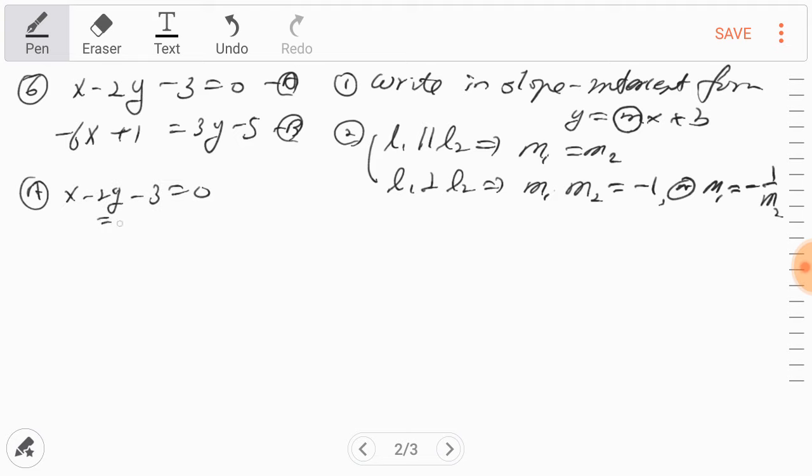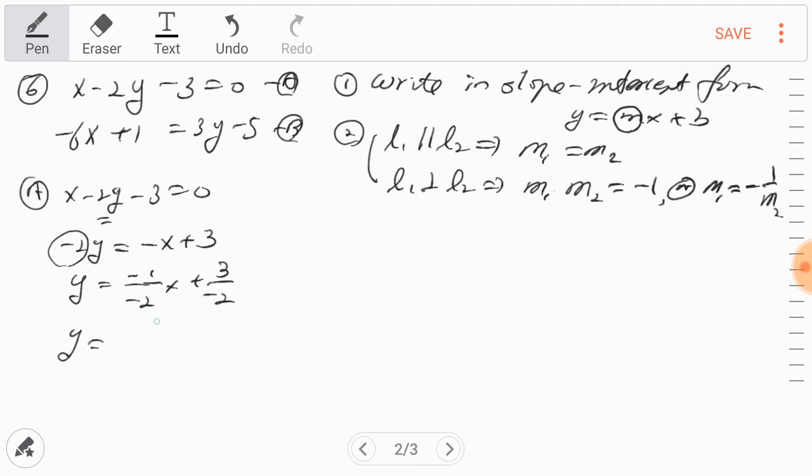Okay, I will leave 2y and move the others to the other side. So negative 2y is equal to negative x plus 3, and divide each side by negative 2. So negative 1 over negative 2 x plus 3 over negative 2. Then y is equal to